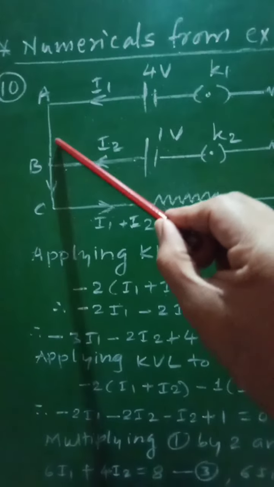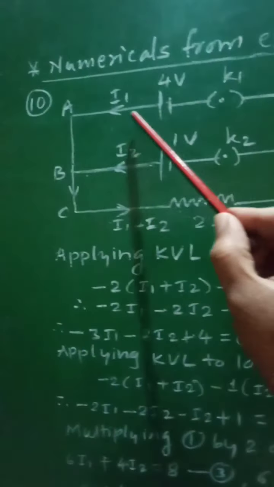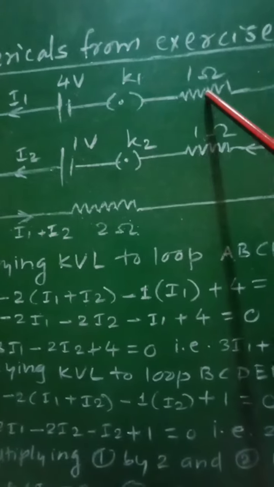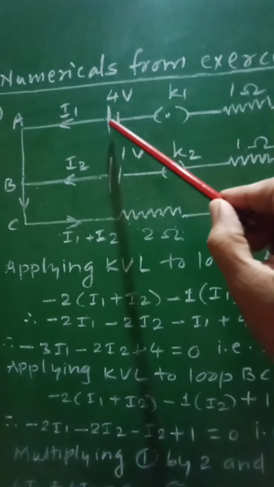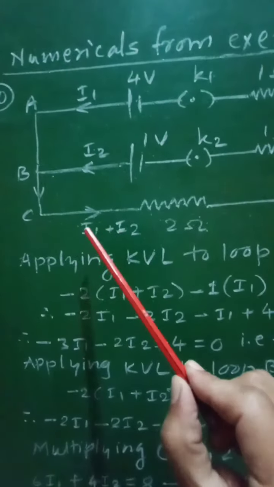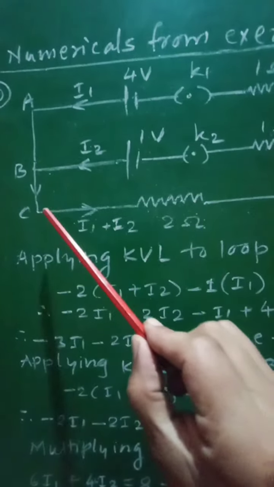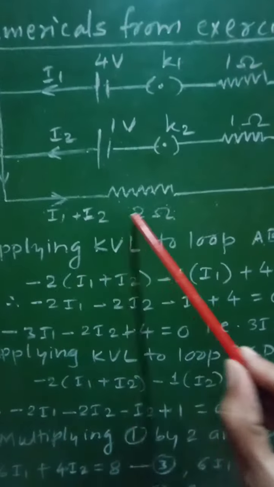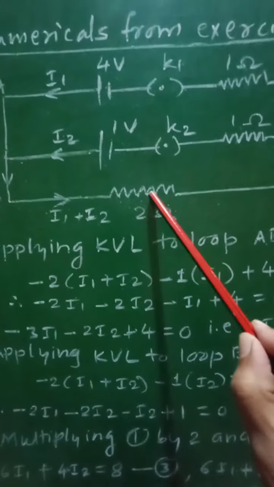So circuit is traced along this path A, B, C, D, E, F and then A. And therefore the resistances in this path are 2 ohm and 1 ohm, and battery is having its EMF equal to 4 volt. And therefore for this external resistance, total current flowing is I1 plus I2. That current is flowing in the same direction in which that circuit is traced. That is, circuit is traced from C to D and current is flowing in the same direction. Therefore product of IR for this resistance will be negative.